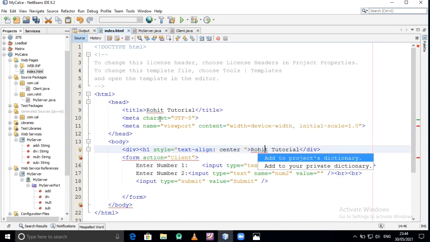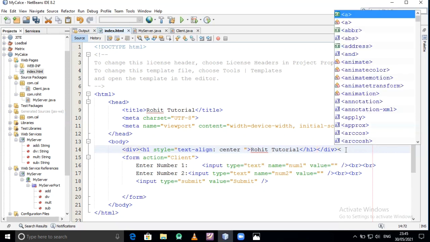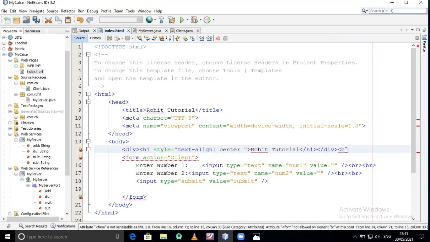The header is completed. Okay, this is completed. Next, here I am again giving the break line. Okay, save it.